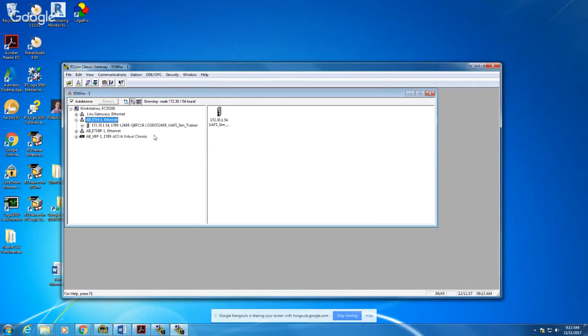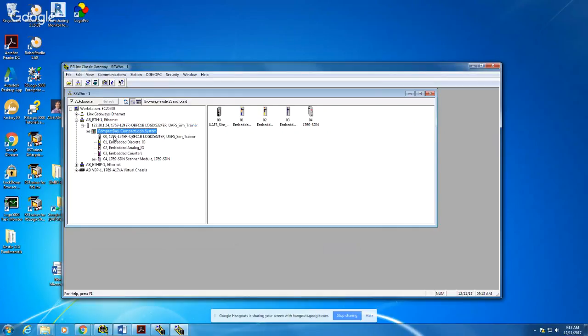If I want to dig down into that device, I can hit the plus sign. It's showing our CompactLogix backplane. Here it's showing our slot, our processor in 00. And it's also showing our DeviceNet, which is a secondary application level. And so we're going to go down into that, and we can keep digging. And now we can see everything on our DeviceNet. I've got a limit switch that's showing up, so I can actually jump networks. I'm going to a DeviceNet network through RSLinx just to see if stuff's on there. I only have 2 things on here, and it looks like I have a limit switch and a stack light